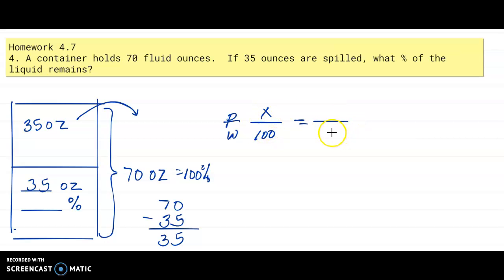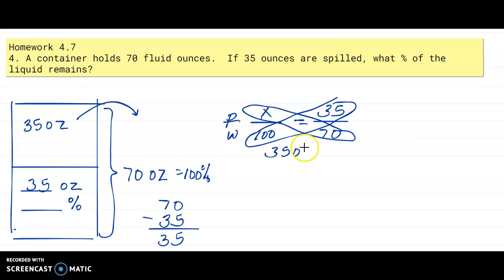We don't know what the percent is. We know the whole amount of liquid is 70, and we know the part is 35. Cross multiply. So we get 3,500 is equal to 70x. We divide both sides by 70. And x equals